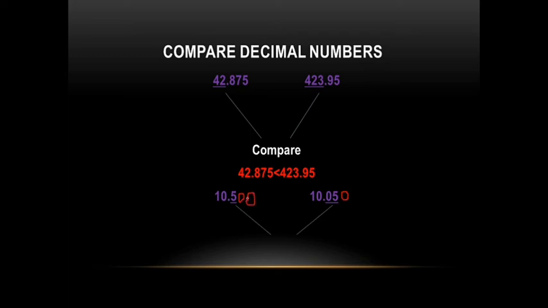Then also we can notice that if we have taken two zeros here and one here, then also this portion is greater than the second one. So when we compare, we see 10.5 is greater than 10.05. So this is how the comparison is so easy. When two decimal numbers have different whole parts, then compare the whole part. But if the whole part is the same, at that time compare the decimal part of the decimal number.